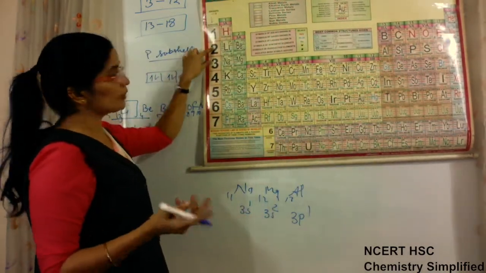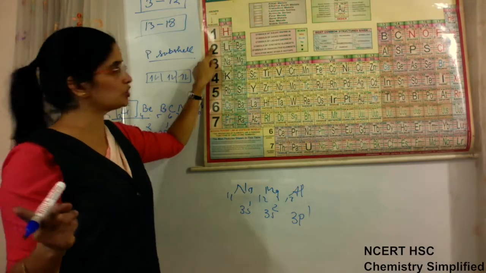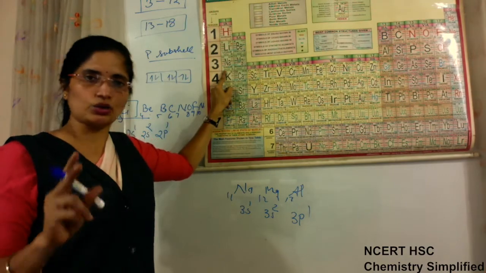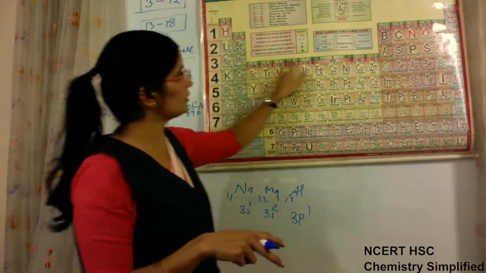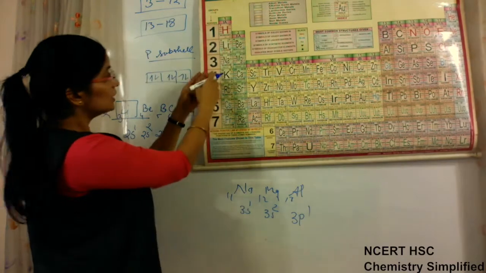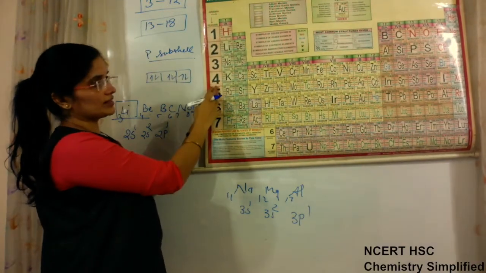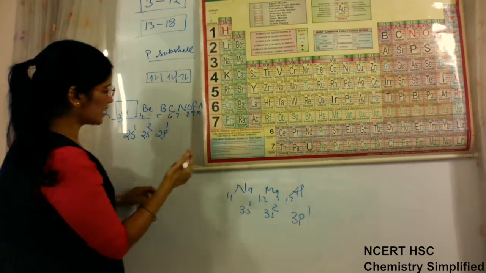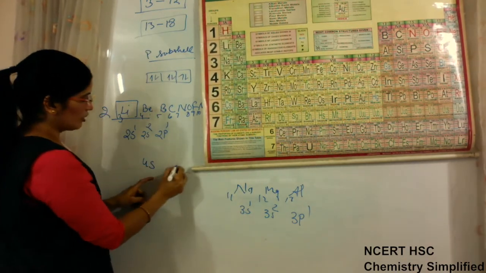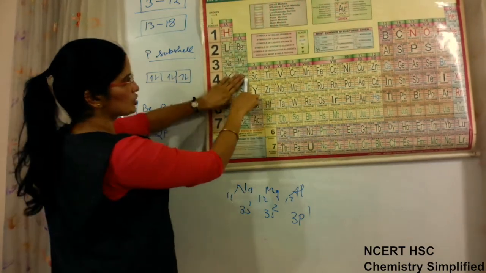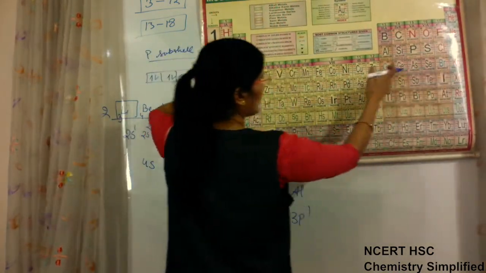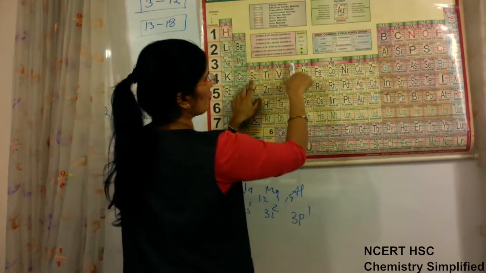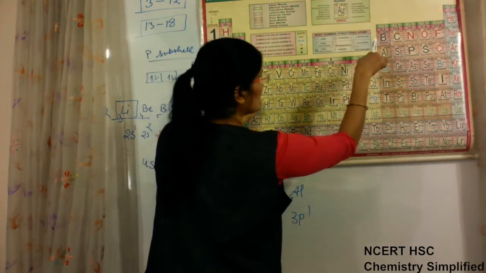The second shell can have 2 subshells, so we have 8 electrons. The third shell can have 3 subshells, but only 2 will be filled first. That is why again we have 8. Now from the 4th onwards, what is happening? Because when the 4th shell is present, filling will take place. How? 4s will be filled, 4p will be filled. This is 4s, 2 electrons, and this is 4p. In between we have groups 3 to 12: 1, 2, 3, 4, 5, 6, 7, 8, 9 and 10.